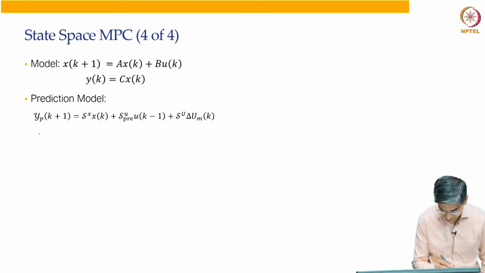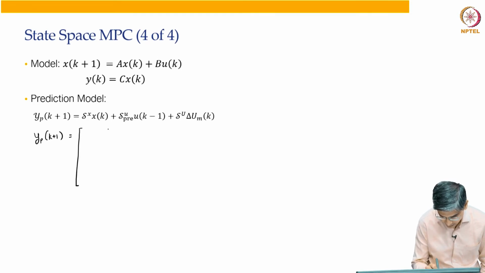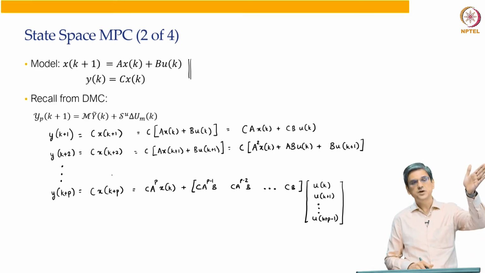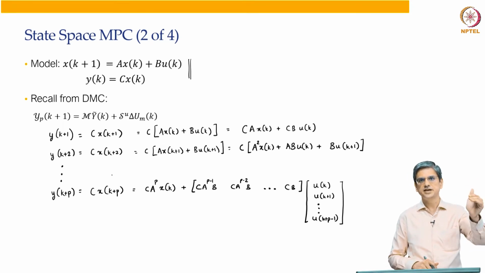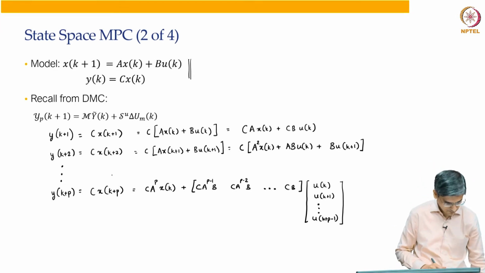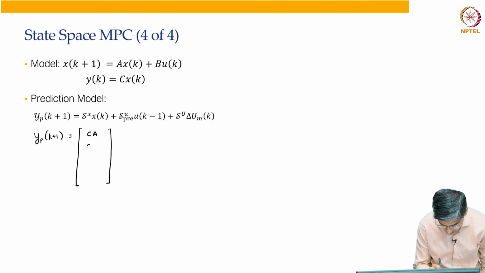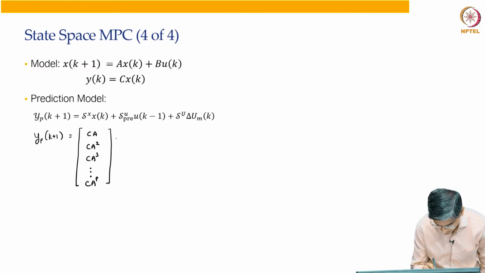Okay. Our y p k plus 1 is going to be equal to nothing but c multiplied by a x k, c a squared multiplied by x k, c a cubed and so on up to c a to the power p. Okay. So, that is what we are going to have: c a, c a squared, c a cubed, c a to the power p multiplied by x k